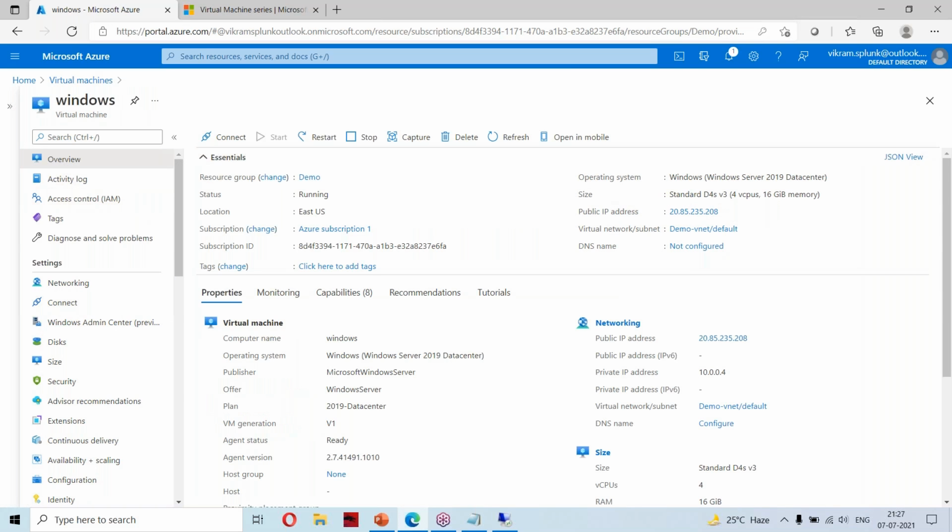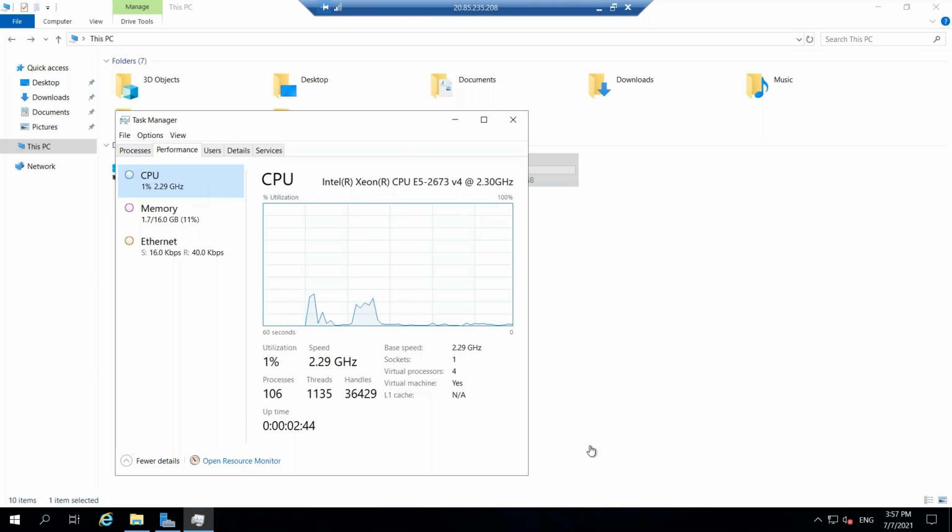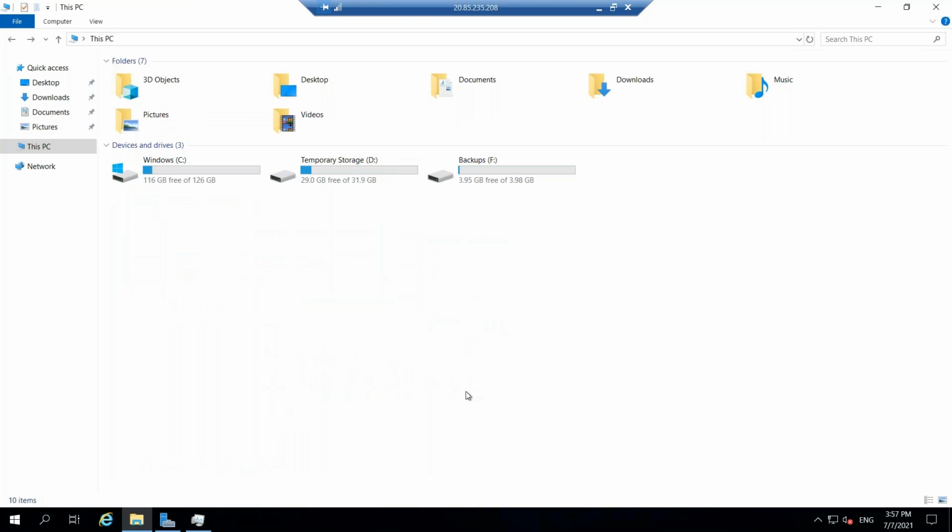We have to make sure it is actually reflected in that particular VM, because sometimes the UI may also be wrong. So you have verified this also. Here I'm having 16 GB and 4 cores, 4 vCPU.